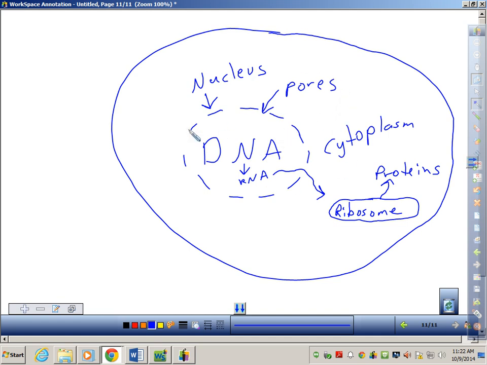Inside of a nucleus, we find a large biomolecule called DNA. We copy DNA onto a smaller structure called RNA. RNA wiggles through a, everybody say nuclear pore. Nuclear pore. Okay? RNA wiggles through a nuclear pore, goes out into the cytoplasm to find a ribosome, to make a protein, to assemble.